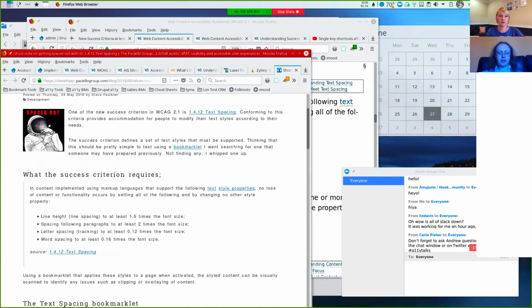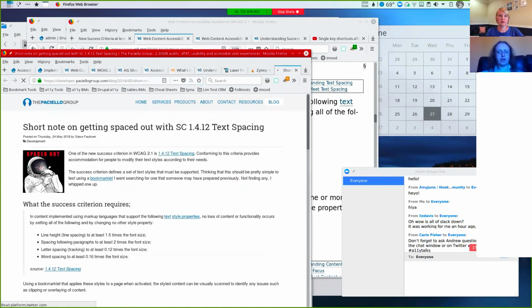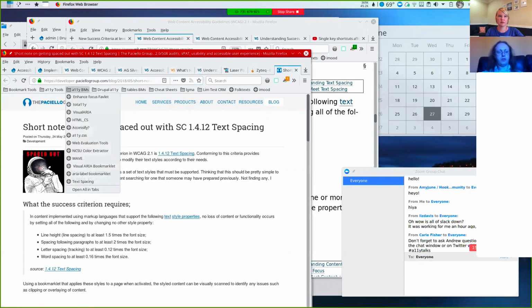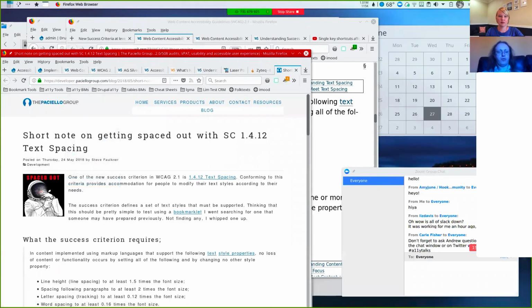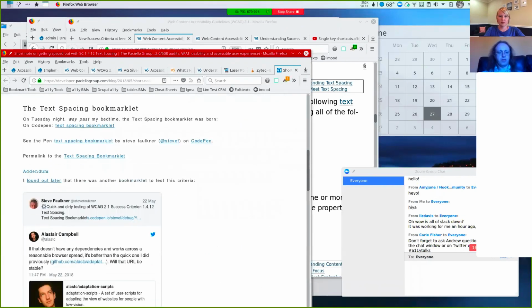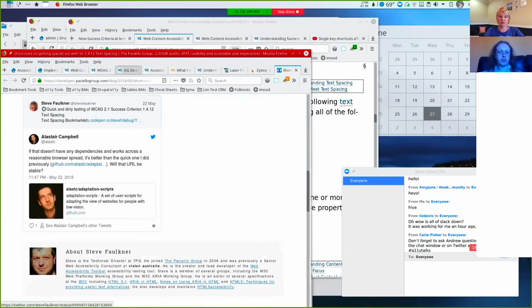It's not saying you should have that spacing on your website. It's saying when a user deliberately jacks it up, nothing should break. This is all fine. We can still read everything. Now, if you had something like a Twitter card, I don't think it's changed it. This stuff's inside an iframe. It hasn't changed the stuff that's inside the iframe.